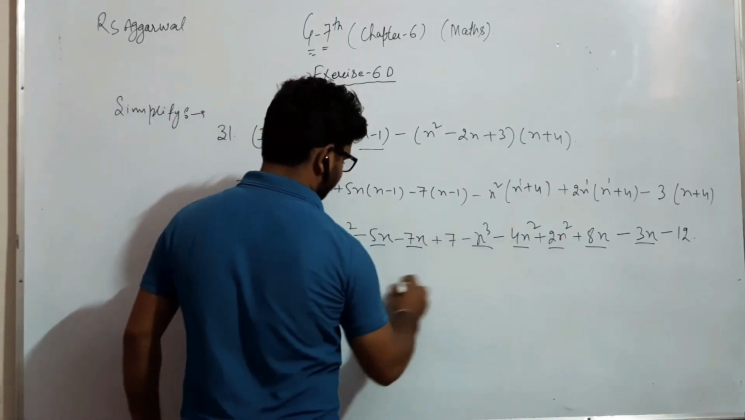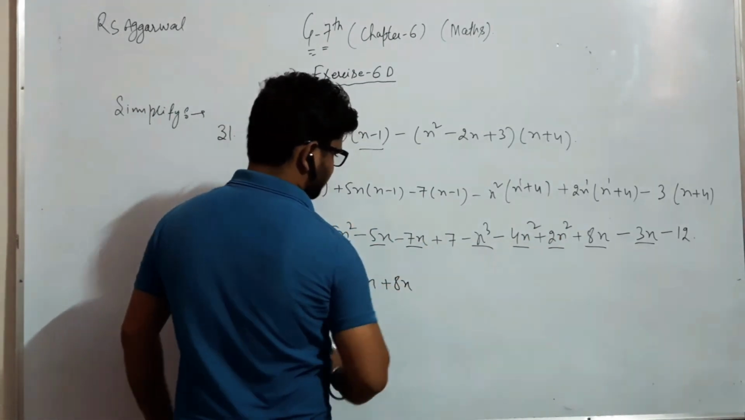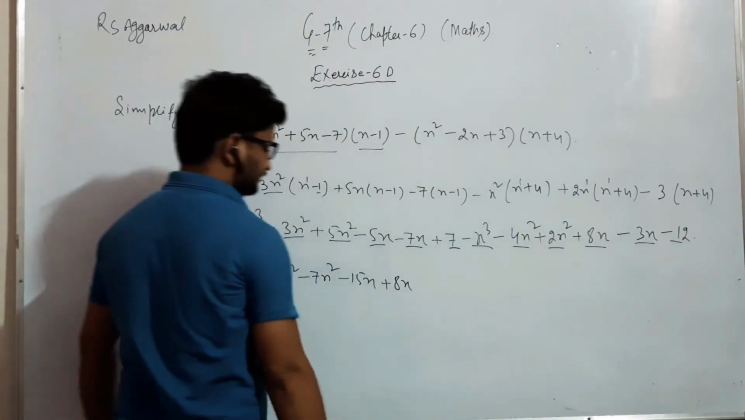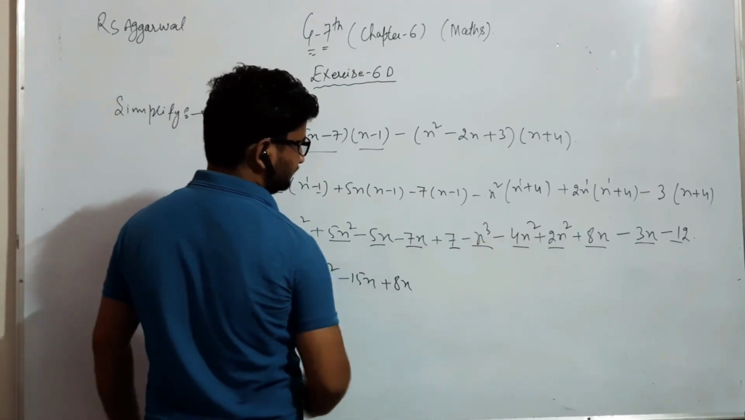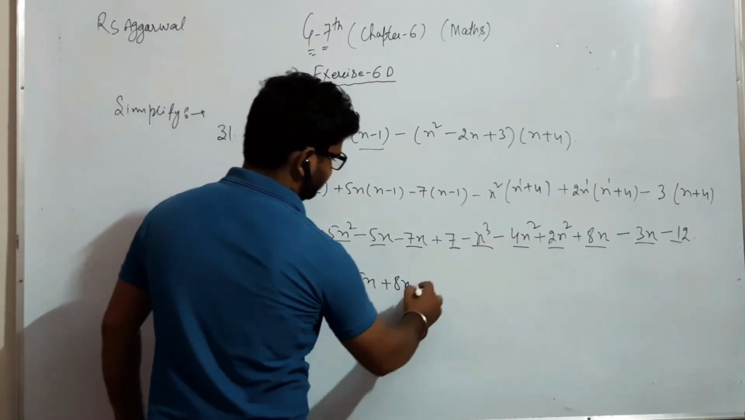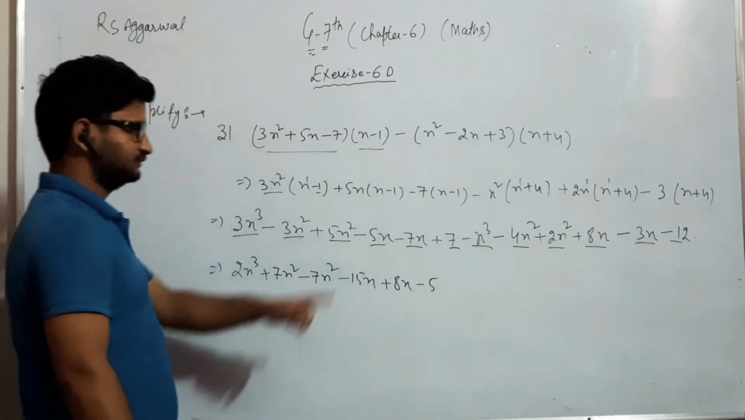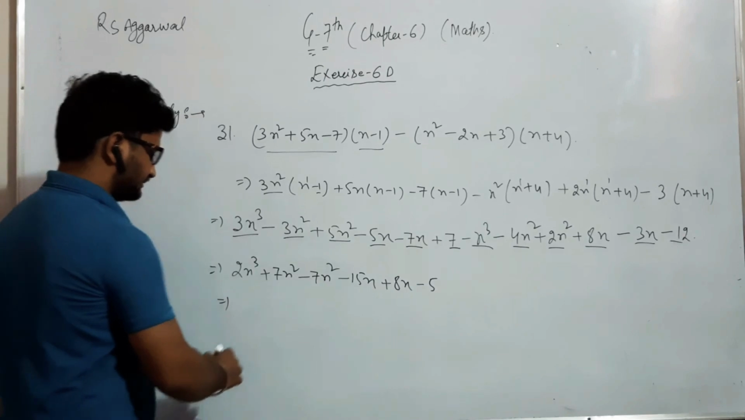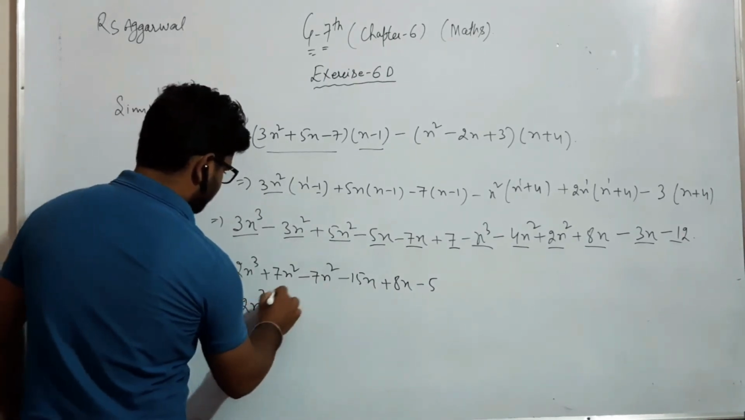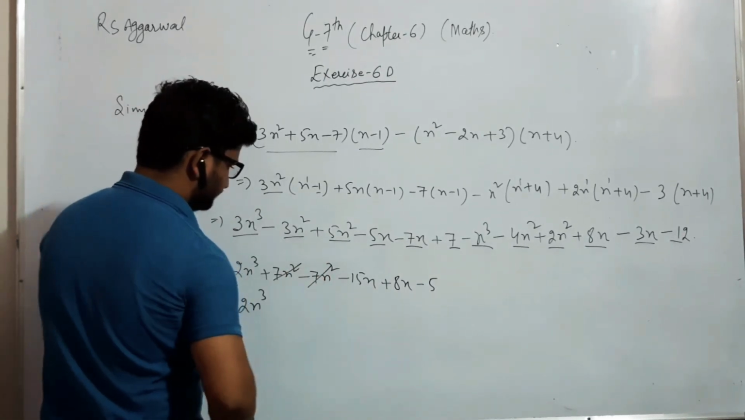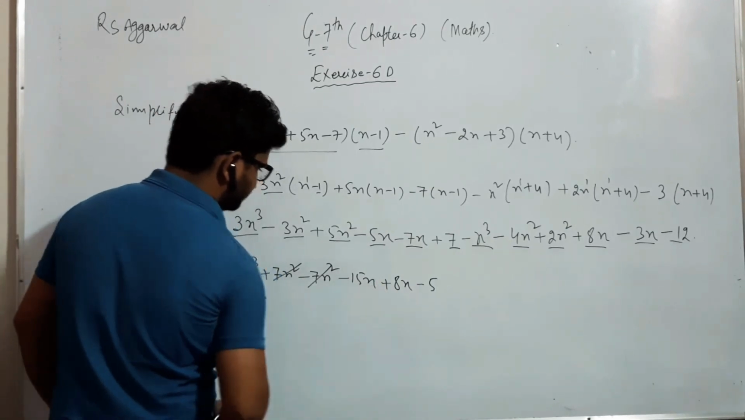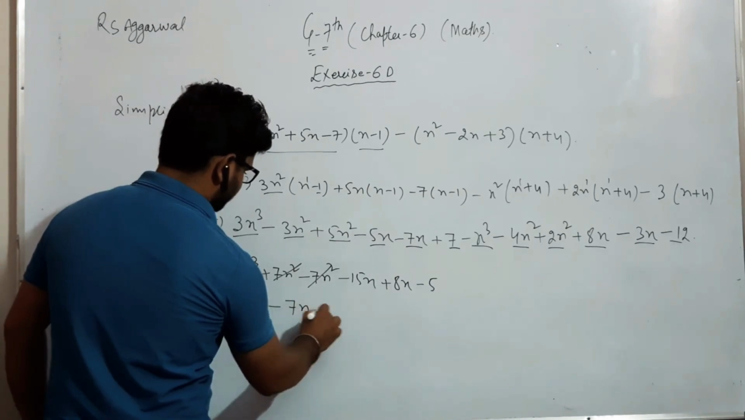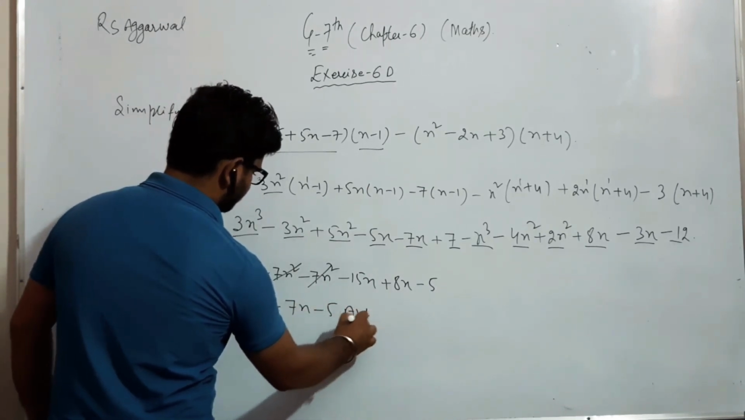Then plus 8x we write last. And next the constant term 7, and last will be minus 12. So 7 minus 12 will be minus 5, okay, because the larger value will have the negative sign. Okay, so next step, 2x cube, this is plus minus sign, it will be cancelled. 15 8, this is 7. So minus 7x minus 5, this is the answer of question number